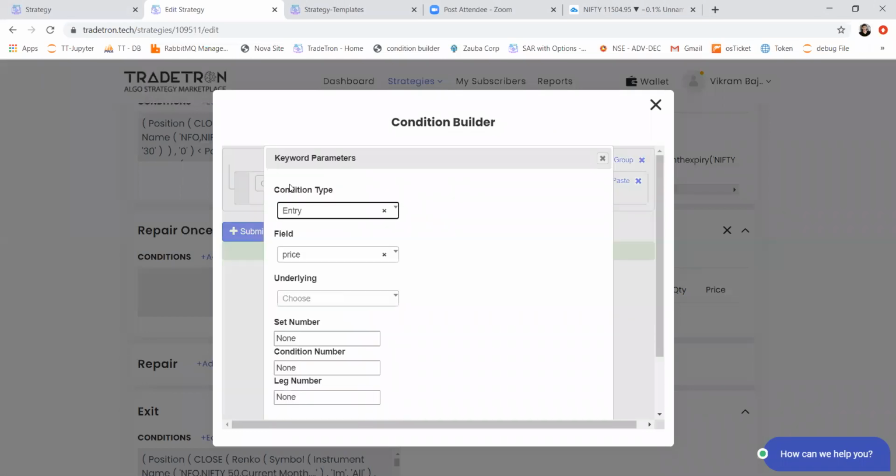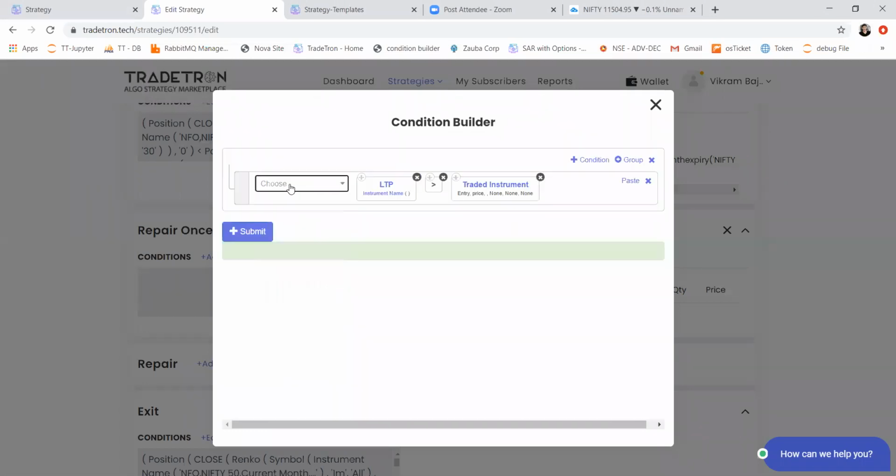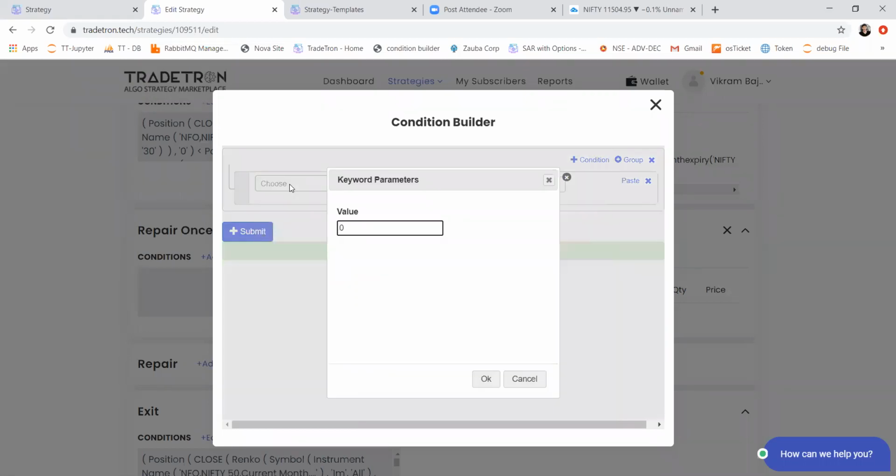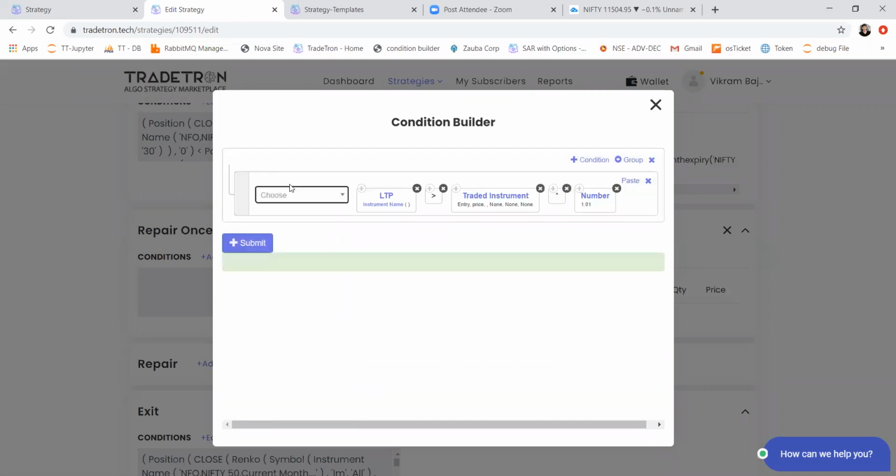So traded price multiplied by 1.01. So this will become your repair once condition.